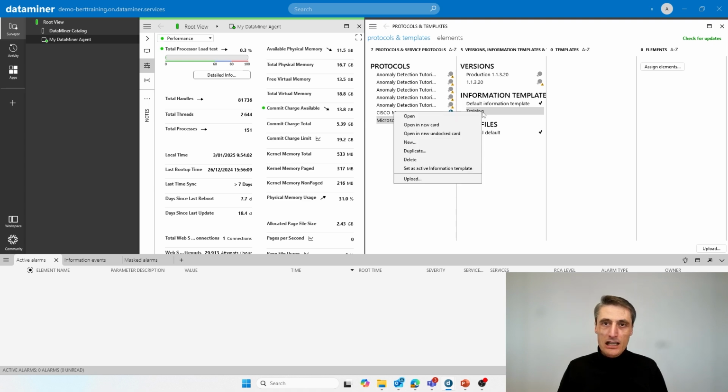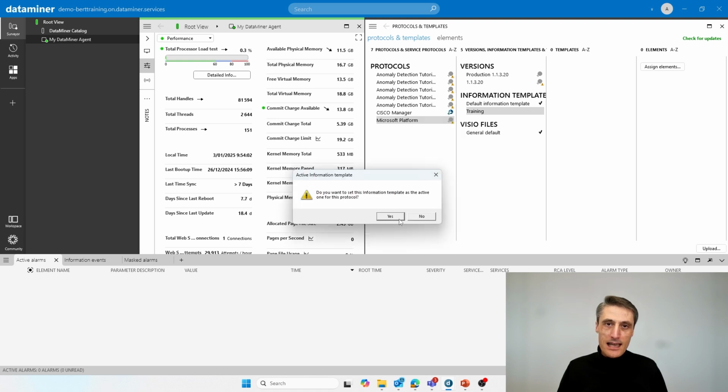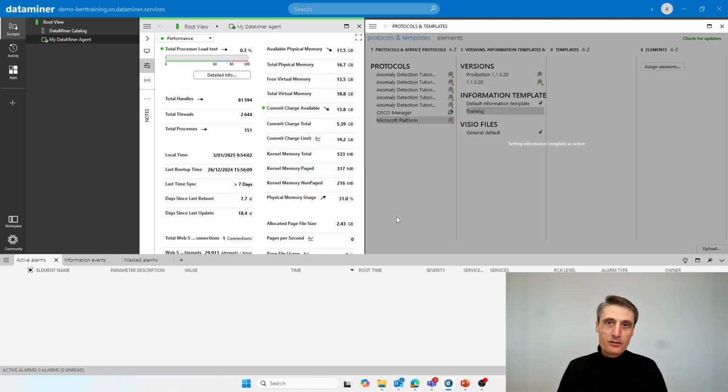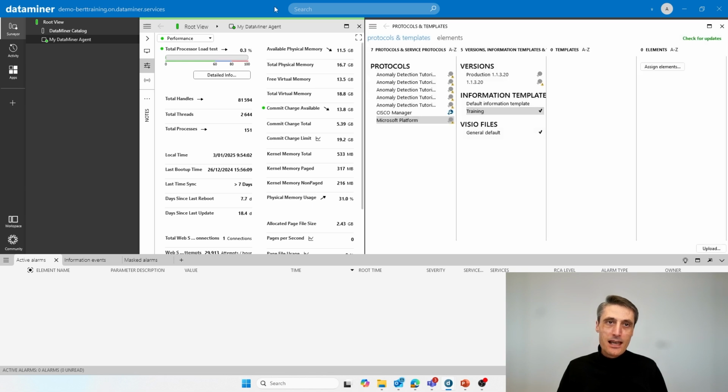And I can do that by right-clicking on the training information template and set as active one. If I set this one as active, yes, I want to confirm my action, and you will see that the total processor load will change in just a second there. So,